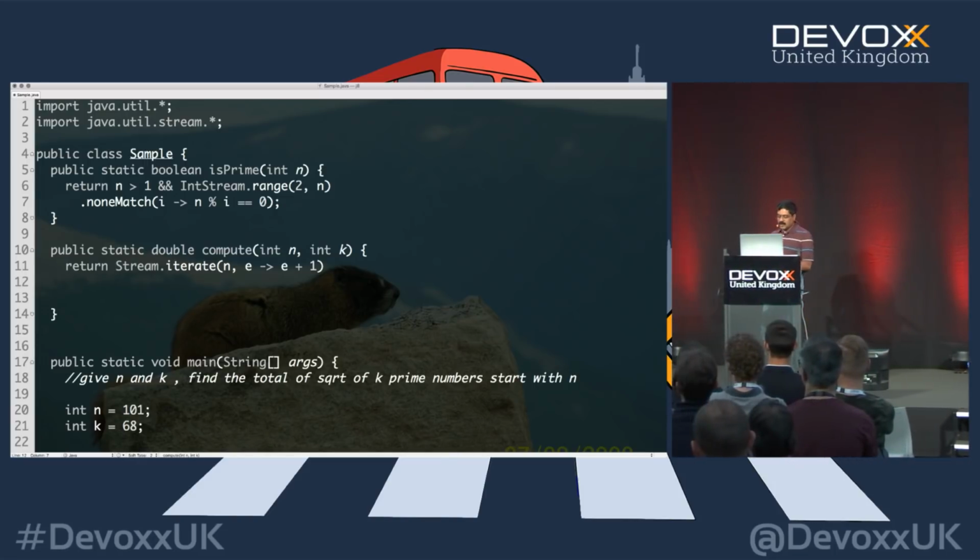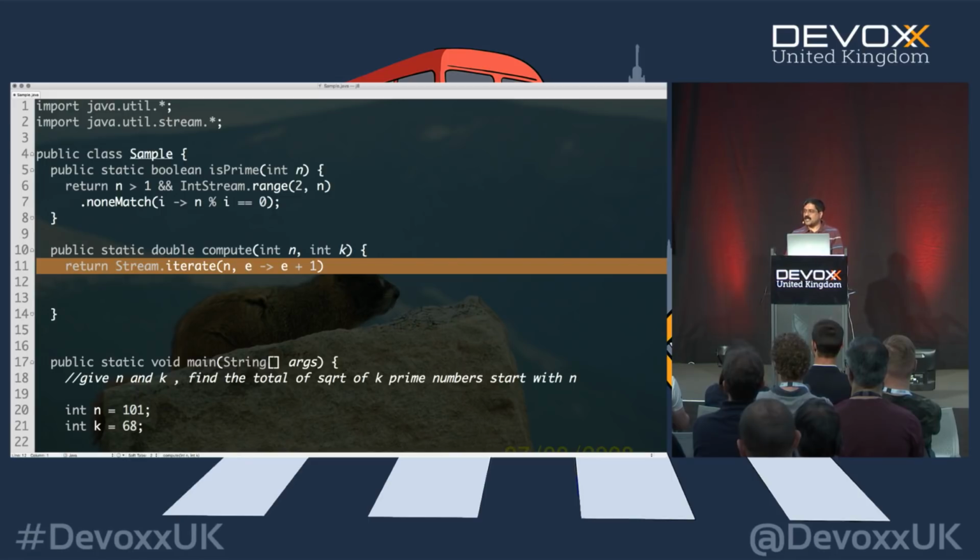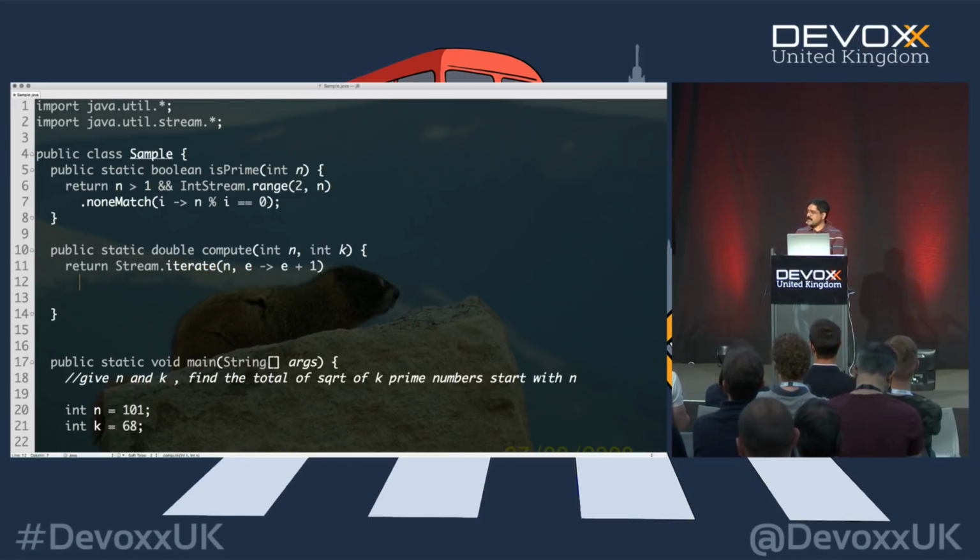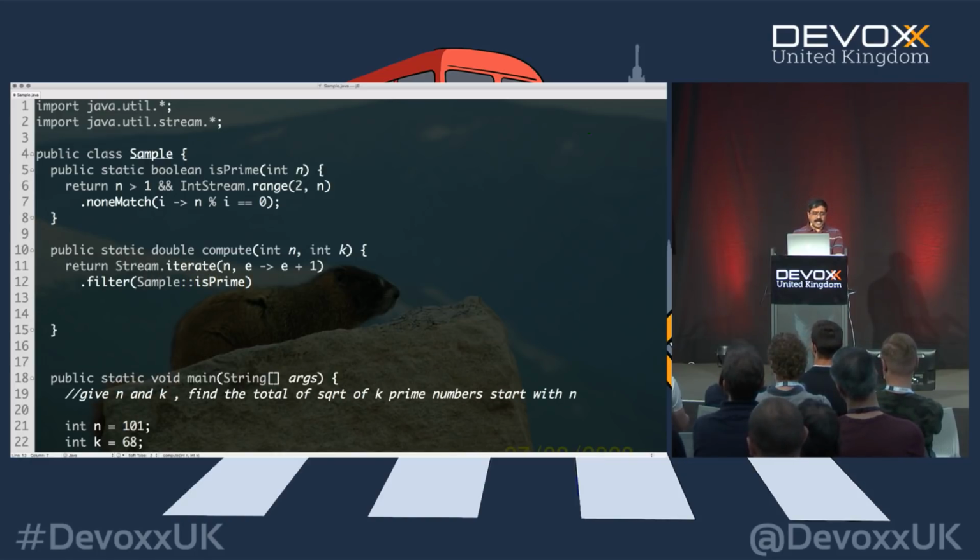I know what you're thinking. Oh my gosh, if it's infinite, where do you store it? On the cloud, of course. But then, of course, I want to then run through this and I say dot filter. Then I say, given an element, sample is prime. Then I say dot map. And what am I going to do? Map to double.